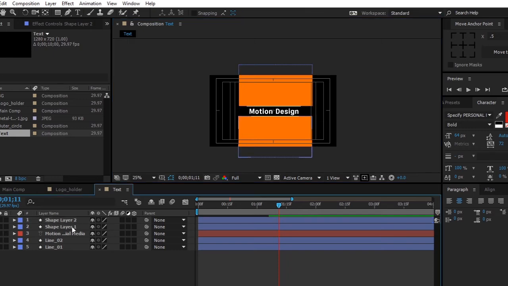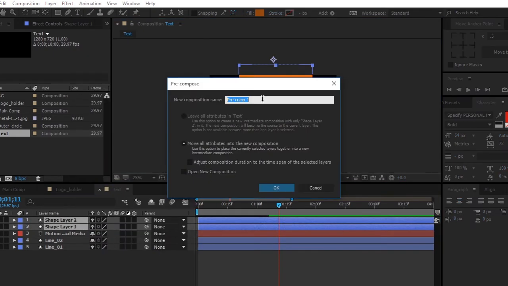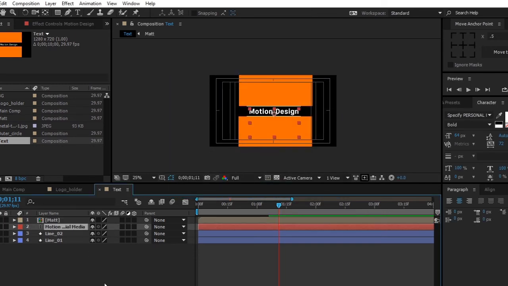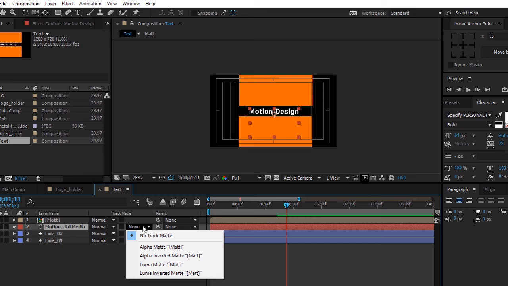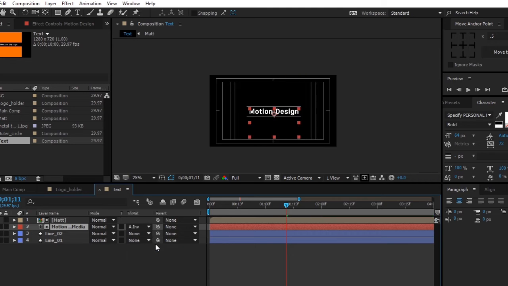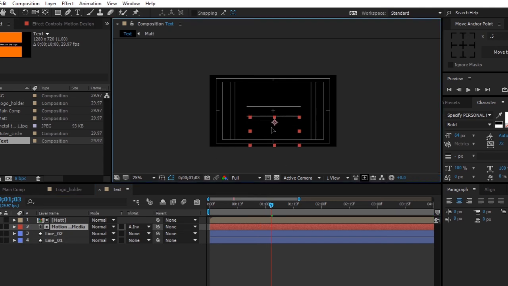Alright, select these two layers, right click, precompose, and just rename it as matte. Now what we will do, we will just go ahead and change this from no track matte to alpha inverted matte. Now what we did, we simply hid those boxes and the text is there, right? So now what we need is to change the text each and every time after this. Okay, select our text layer, bring it down,